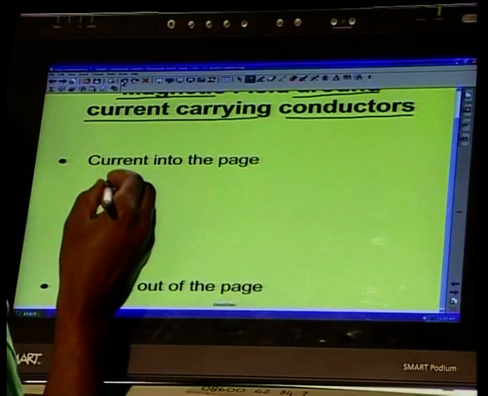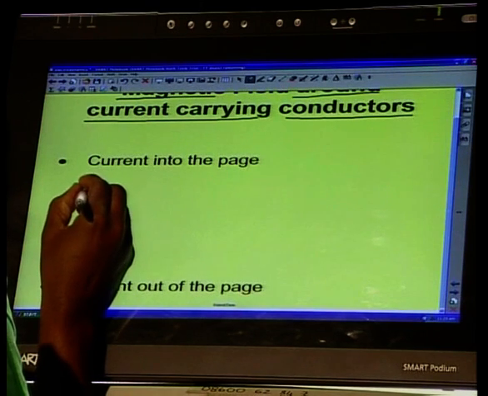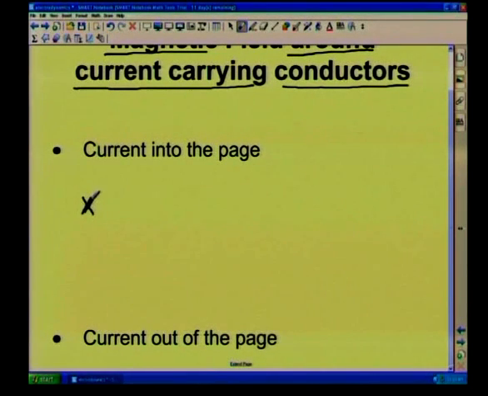So if I have this conductor here, looking at it at that point, and say in this case it is carrying current into this page, we make use of this notation to say the current is going into the page. So we use a cross for that, into the page, a cross like that. And this cross, let me just put a circle around it to show that it's a cross-section of a conductor. Now, when I have a cross like that to represent a current carrying conductor carrying current into the page,